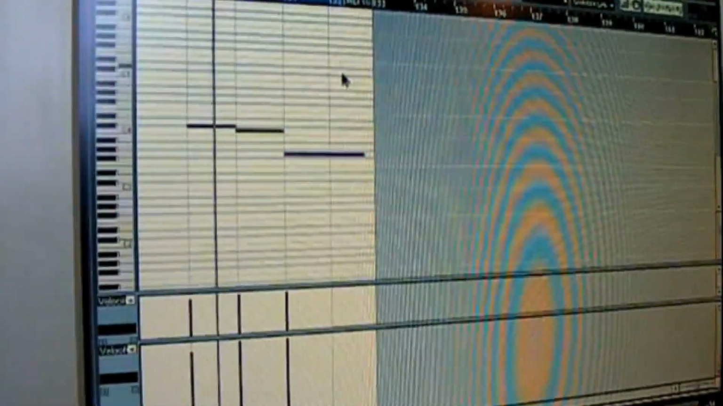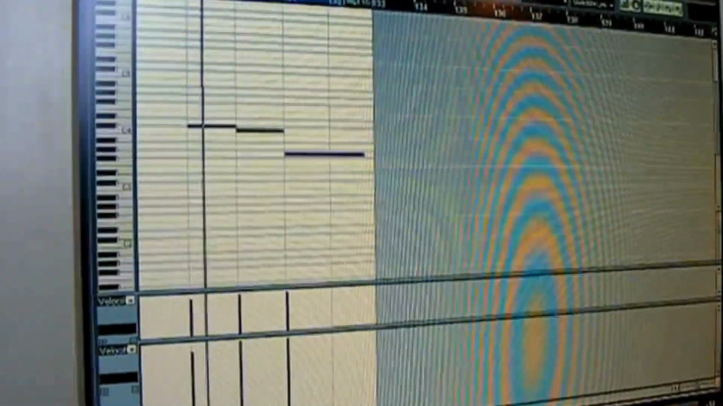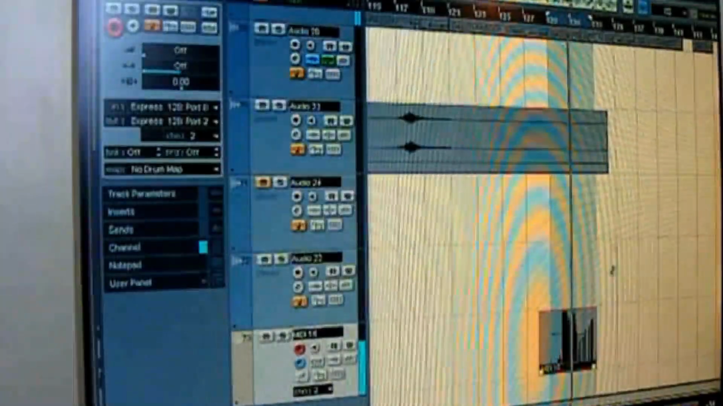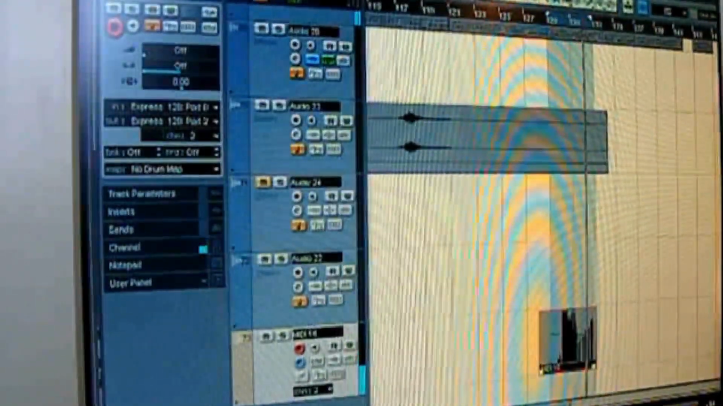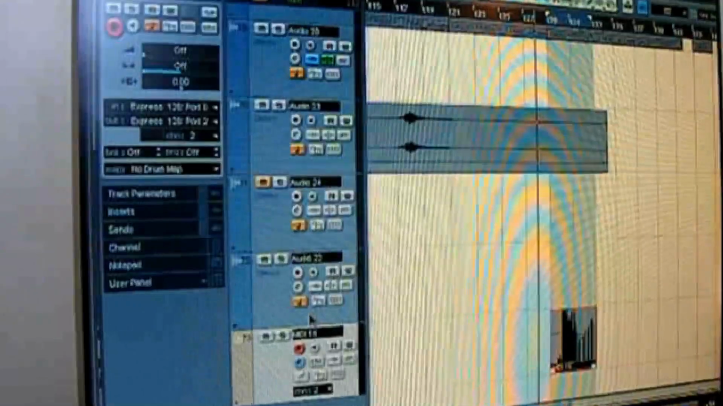Okay, so that should be recorded in. Let's just check that. Yeah. And what are we doing here? Quantize that up, and let's just let that play. Okay, so we got that loop in, and I'm just going to take you over